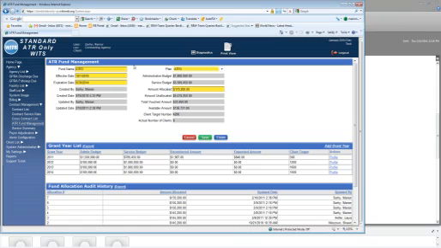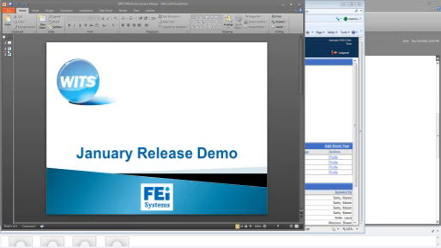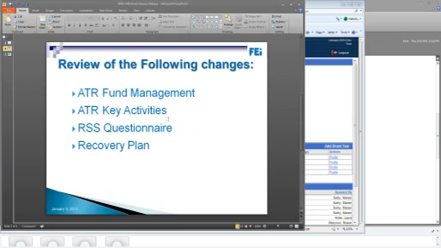Okay, so that's the change to the fund management. We added a couple of fields, and you're able to do the allocation by grant year. These two changes are the two changes that are impacting everybody. So everybody that is on the phone will have that change happen in their site when they update their site to the January release. The other two topics that I want to talk about are the RSS questionnaire and the